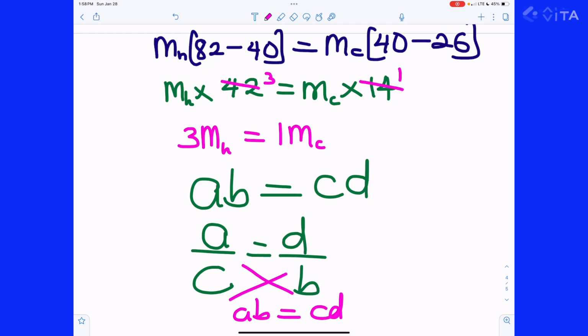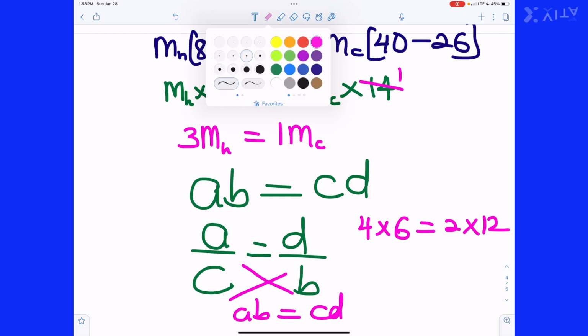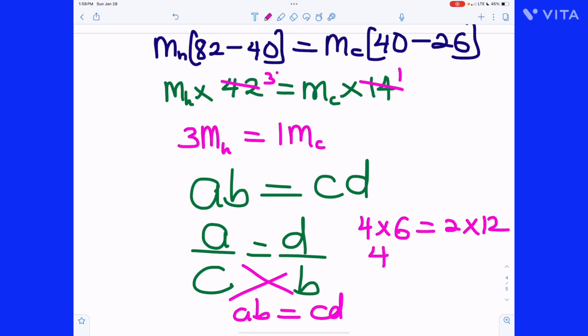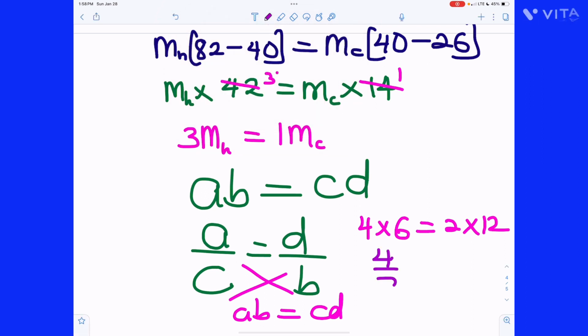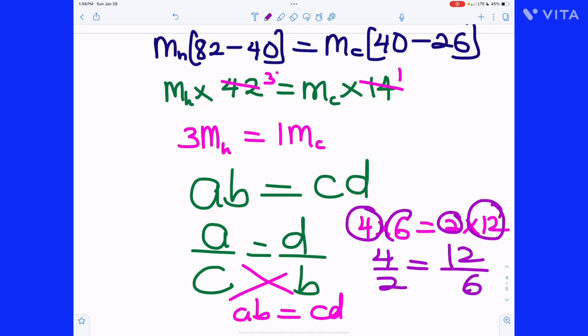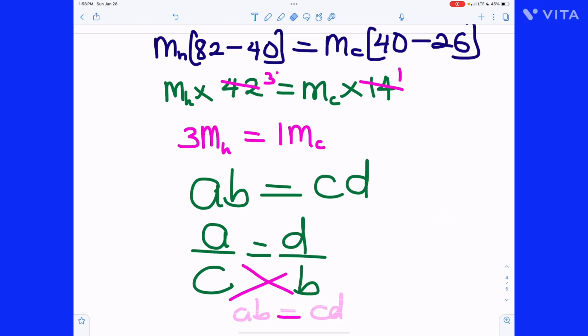Just like saying 4 times 6 is what? 2 times 12. If I want to use fractions to express this, I'm supposed to say 4 over 2 is 12 over 6. If I write it in any other way, it will not be correct. So, this will tell you that this